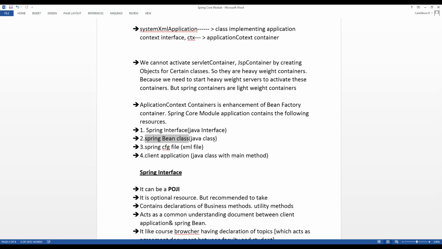But if you are developing any application, what are the things you require? We maintain all the information inside the Spring interface, which is a Java interface. The Spring Bean class is a Java class.